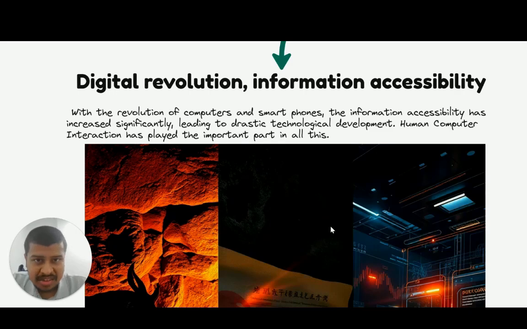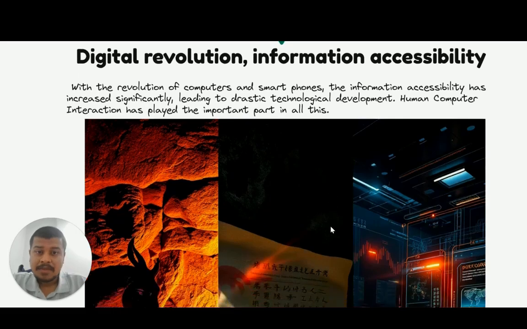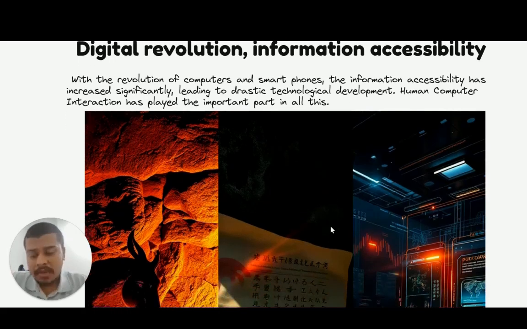So this information accessibility came through tools such as computers, starting from basic desktop computers and the PCs, personal computers, and then the smartphones. All of these have significantly increased the frequency of knowledge sharing and the accumulation of knowledge and the whole process of working on top of each other's knowledge base. All of this has significantly improved our overall advancement as a species. So we need to be thankful for this digital revolution.